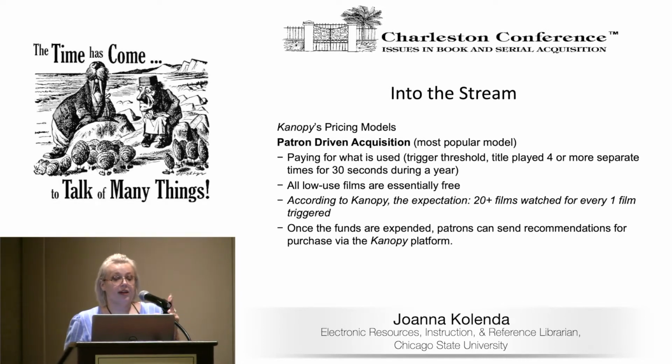So the one little thing is, it is triggered by a threshold. The title has to be played 4 or more separate times for at least 30 seconds during a year. I think they could be a little more forgiving with that, and I have told the vendor at the vendor exhibits. All low-use films are essentially free because they don't get triggered, right? So if they haven't been used at least 4 times for 30 seconds, one person can view it without